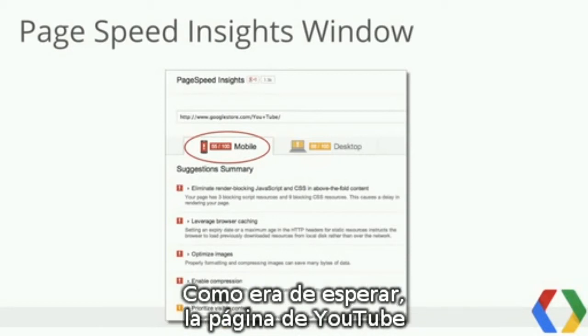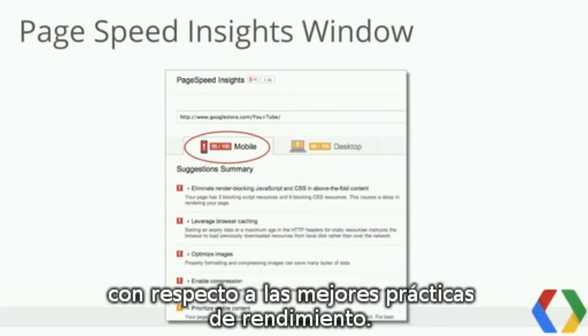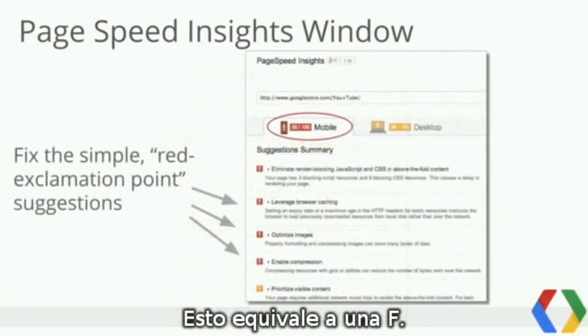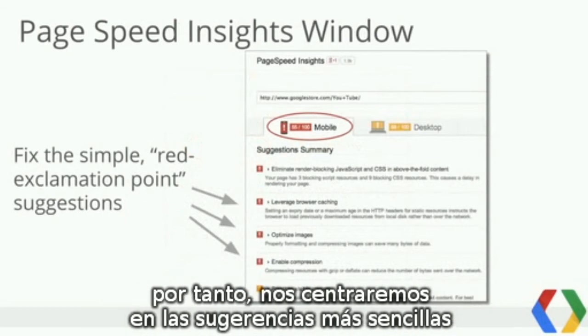Our YouTube page, unsurprisingly, scores a 55 out of 100 with respect to performance best practices. We have the equivalent of an F. Since this video is about making quick fixes for mobile performance, we'll focus on fixing the simplest red exclamation point